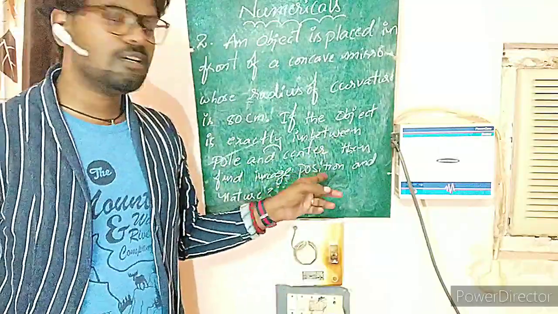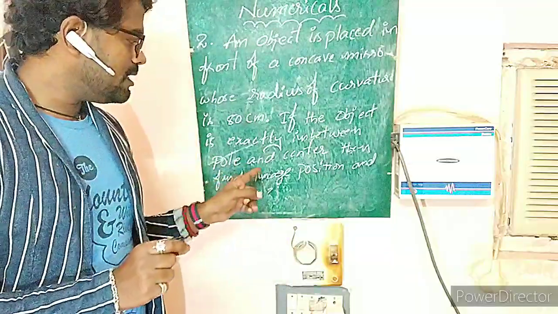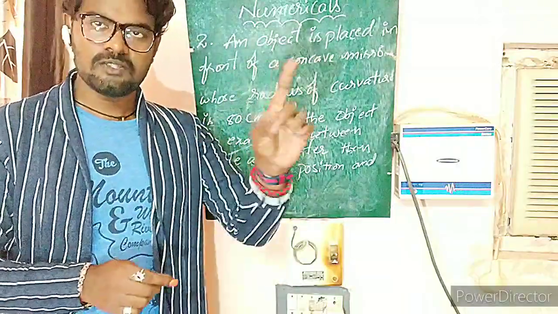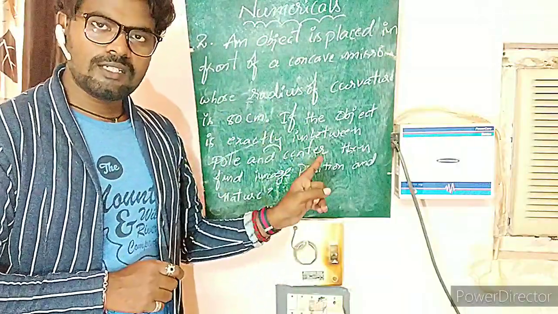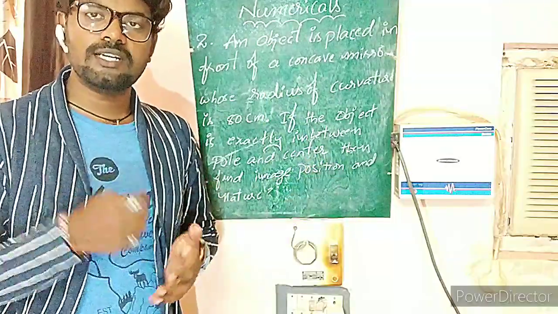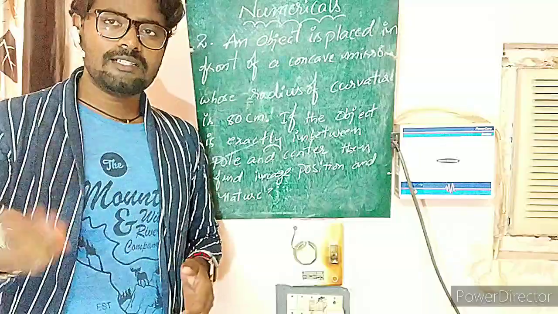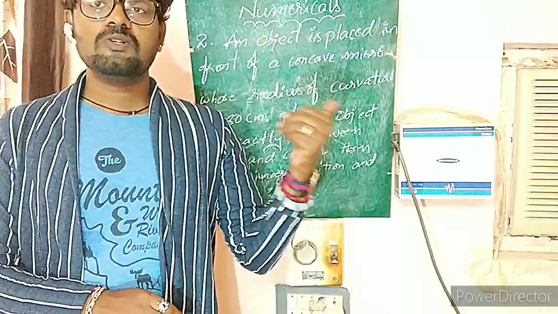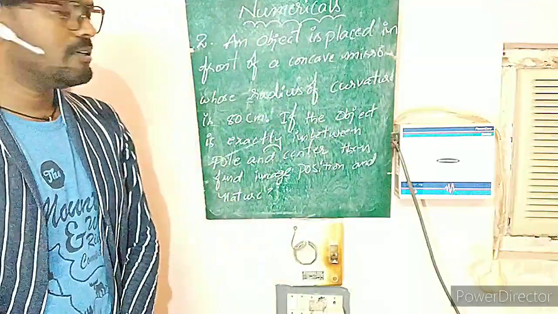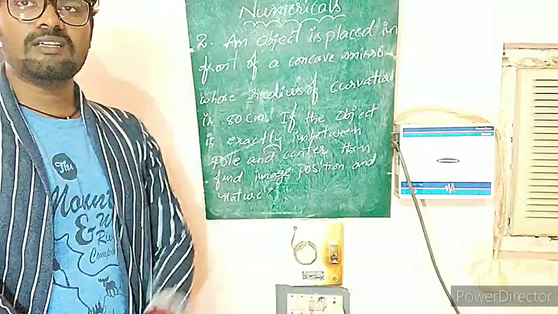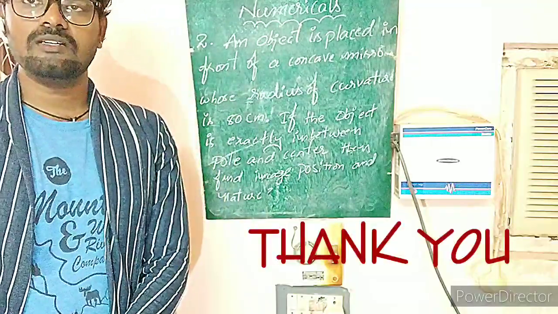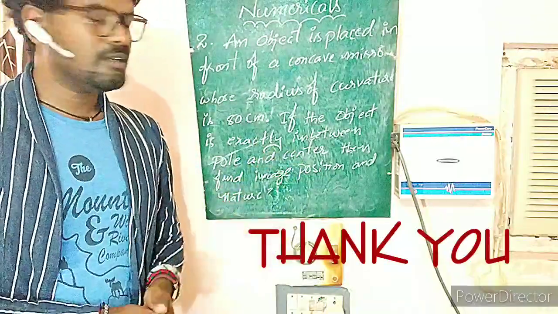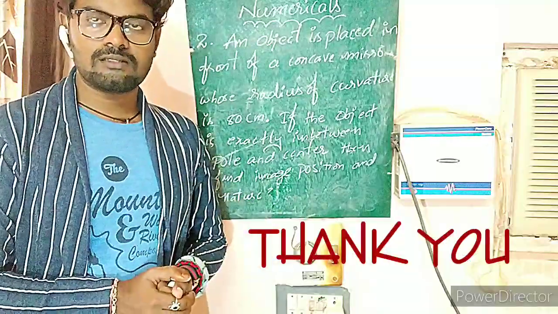And the next one is position of an object exactly in between pole and center. Exactly in between pole and center means what? It is the midpoint of pole and center. It is focus. So they mentioned object is at focus. Automatically what we can say? We are going to get an image at infinite. What is the nature? Nature is real, inverted, and it is highly magnified. See, so based on those ray diagrams, without solving the problem also, we can directly say the position of an image and nature. So these are some of the points related to the ray diagrams and also numericals. Okay, just go through all this and practice some of the numericals, and we'll meet in the next class.